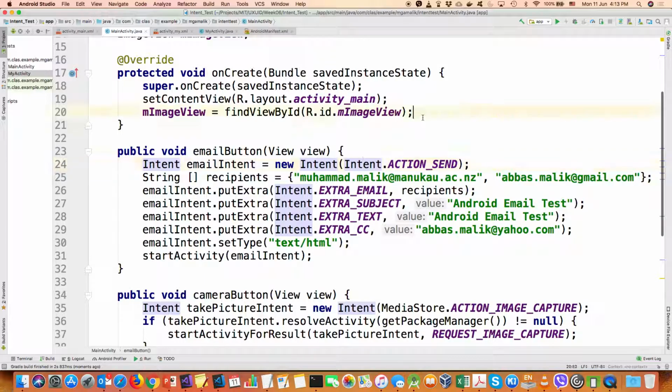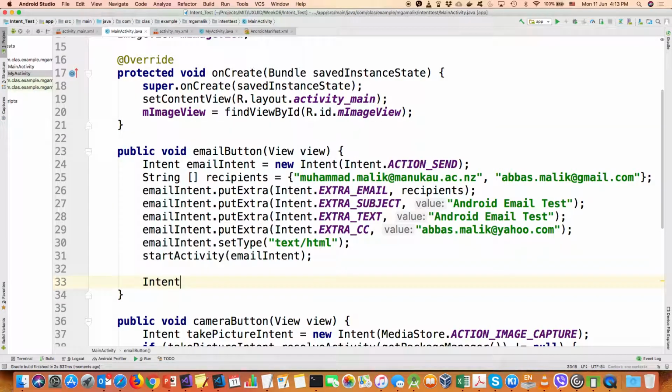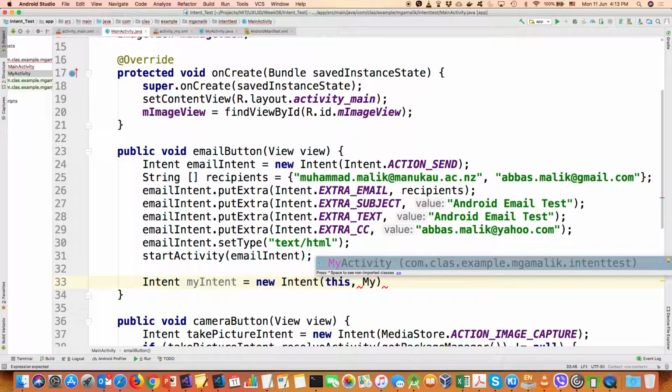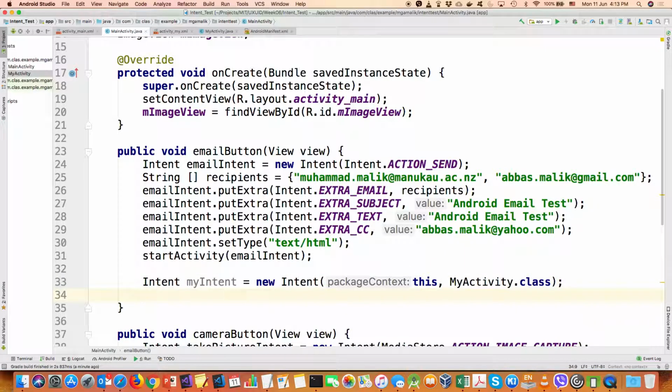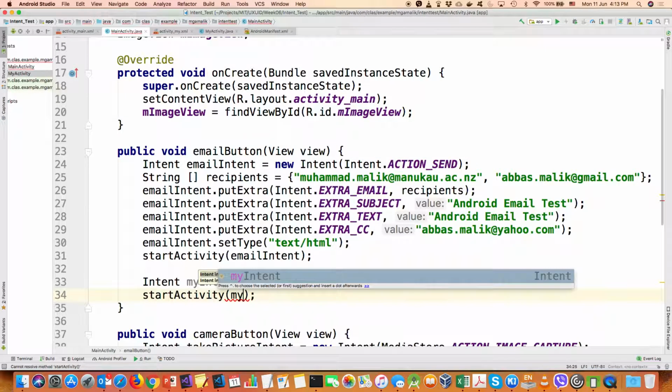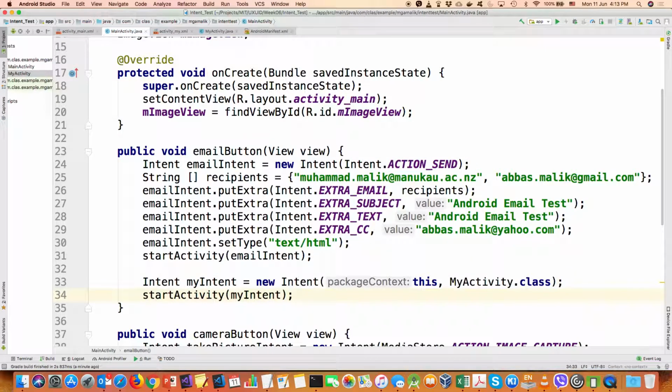Here, if I want to start that specific activity, okay, so we need an intent, my intent, and we say new intent, we say this, and then I say my activity. Look, when I have already created that activity, it is already coming, and then we say class, again it's coming at class I entered, so it started the activity. And then we can just say start activity and give my intent. It will start my other activity in the same project to run whatever we want to do in that activity,